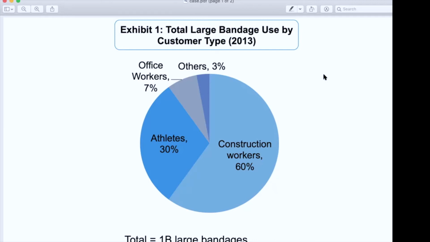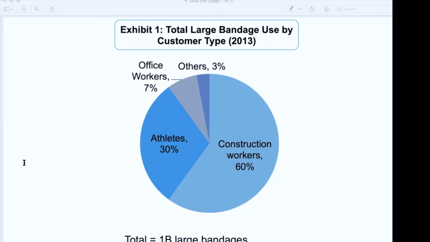Bulk of it is made up of construction workers, 60%, and the other major segment comes from athletes, which is 30%. And then we have office and others, which are smaller at 7 and 3%. A quick note, I think for the major segment, like 90%, which is construction workers and athletes, I think healing